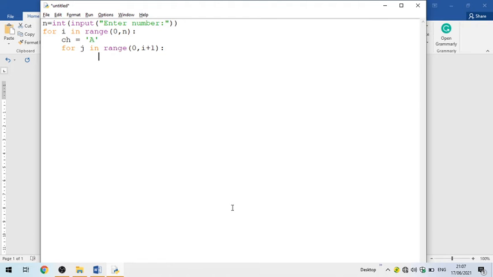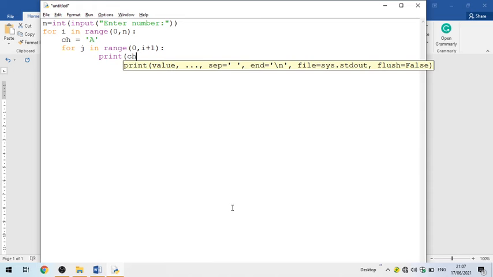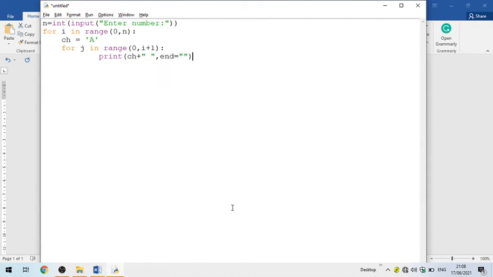Then just print your character and give some space, and then avoid the new line character. So this is the way we can avoid the new line character.